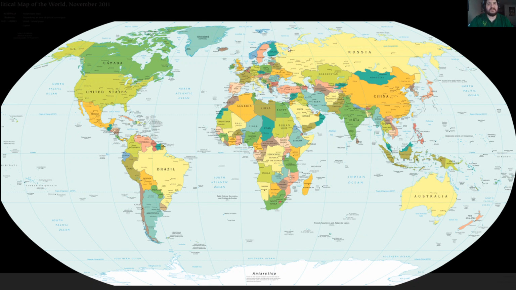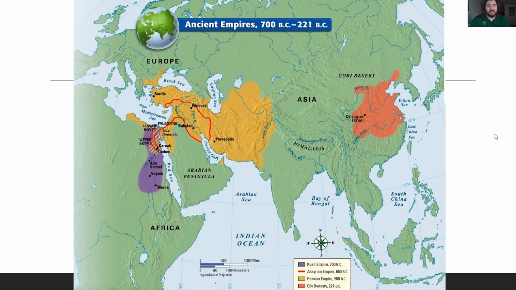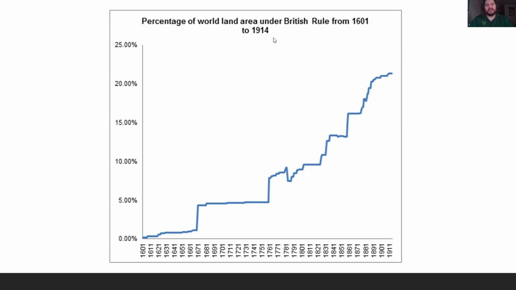The country boundaries we have today, Russia's the largest by far. And then we have other countries like China, countries like Australia, Brazil, the US, and Canada, even, who are also large in comparison. But the United Kingdom, what was then England, Britain, is not very large at all, right? It's this one island. But if we look to the actual control that it established, that one island controlled upwards of 20% of the entire world's land area at its peak in 1914, just at this tail end in the middle of World War One.